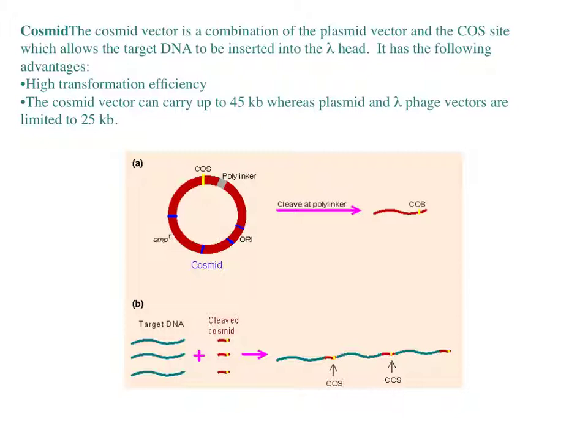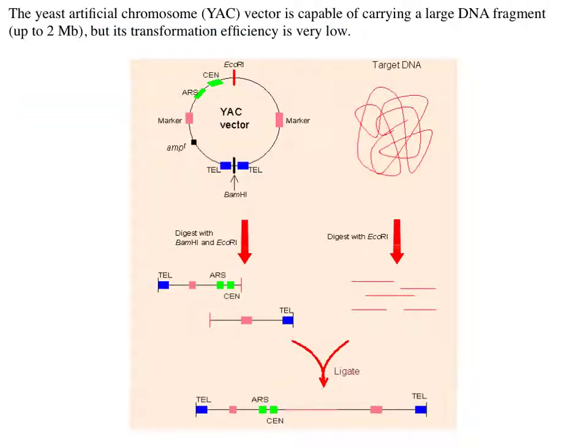And so here's your polylinker again, where you can add in your gene, and origin of replication, and then some marker that you can track. And so you cleave the polylinker, you ligate onto your target gene, and then you ligate, make a linear cosmid that can be used. The yeast artificial chromosome, or YAC vector, can carry up to 2 megabase pairs of DNA